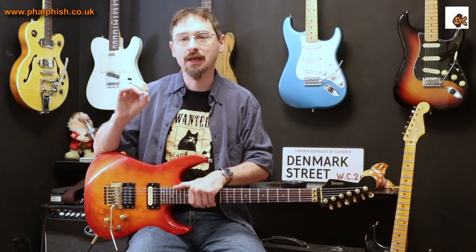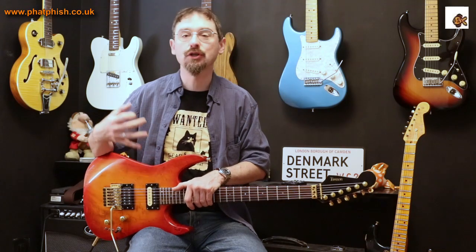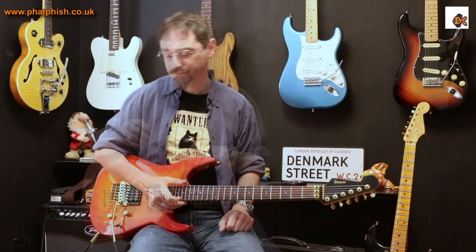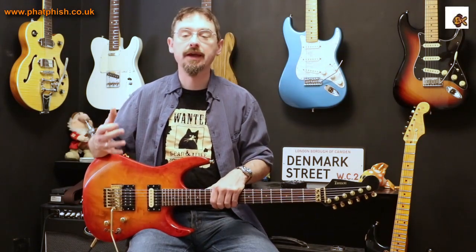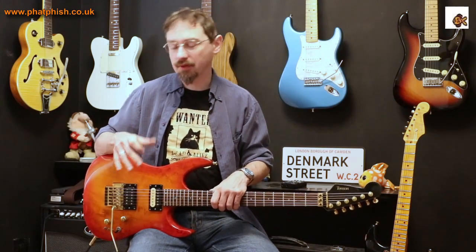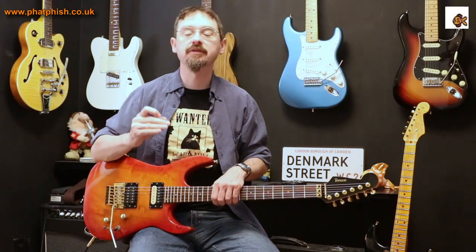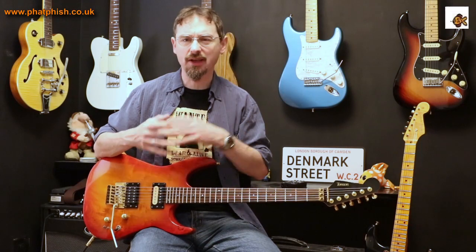And because you're only using a moderate or a small amount of gain in each pedal, it's never getting overwhelmed, and you've still got the definition of the guitar's natural voice coming through. So as you can hear, there are lots of different combinations and different sounds by bringing in the different pedals with their own voices. But all the gain stages there are set relatively low, so we're adding in little bits of gain and little bits of gain, rather than just one huge amount where you start to just get all